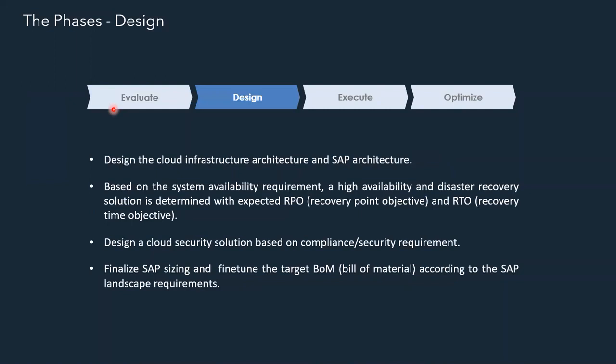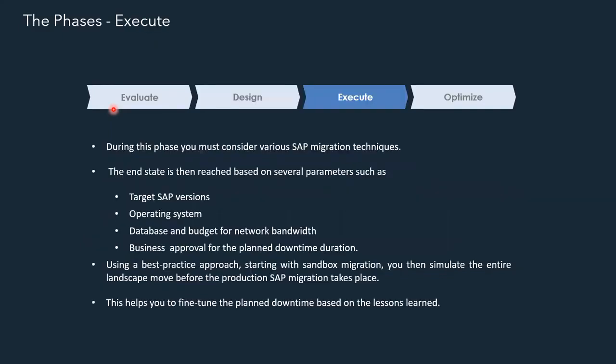So design allows you to build a framework with which you can actually execute the migration. As you have the cloud provider chosen, come up with a detailed and clear deployment strategy, cloud strategy, and decide on what servers you are going to use and what applications you are going to use, which are going to comprise your SAP landscape. Create custom models when you want to have some sort of framework for the migration. And then you can move to the execution phase, which is the critical phase.